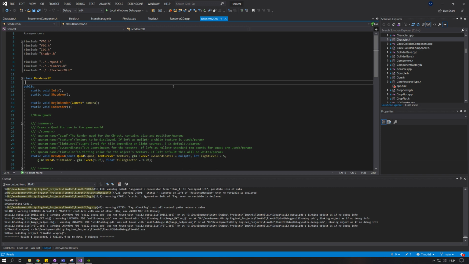So I managed everyone's work. I managed the programmers' work. I distributed the tasks. I did Scrum meetings, etc. However, other than the general management aspects, I also did the batch renderer system, which reduces our draw calls significantly. I did the tile map, the tile map editor, the physics system, scene management, health components,